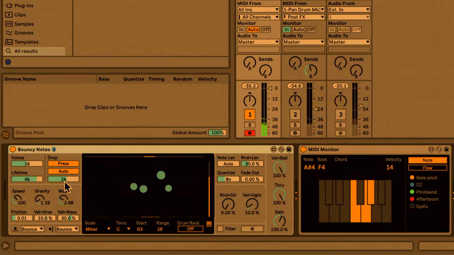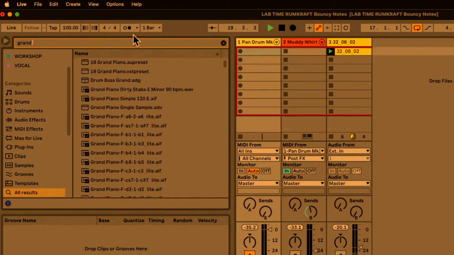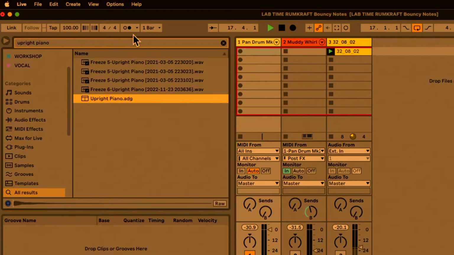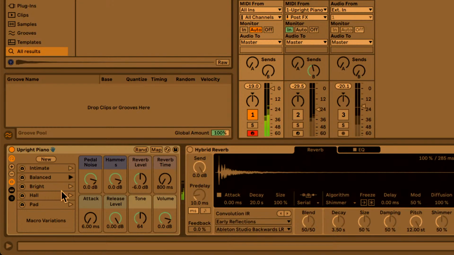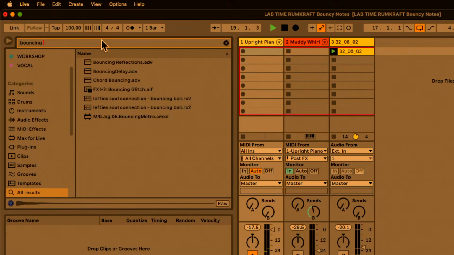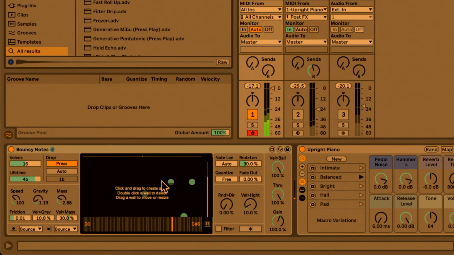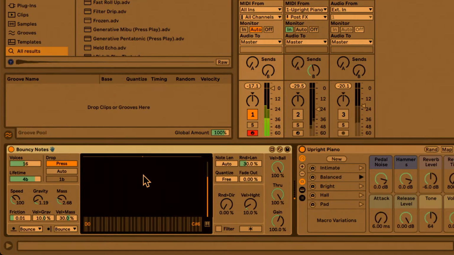And let me just take a... Let's do this upright. Oh, where did you go? Bouncing notes, there you go. And I think we got some stock MIDI notes in there. But just to show